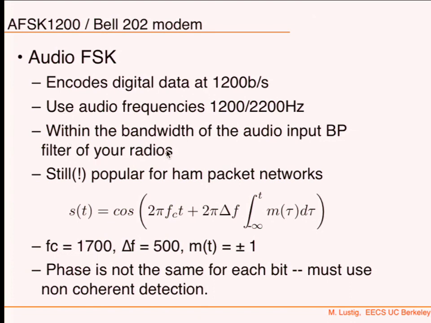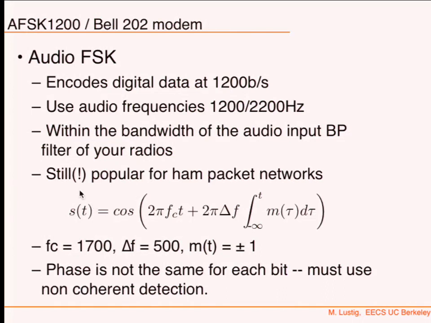So this is within the bandwidth of the input bandpass filter of your radio. It's actually still very popular, especially on the 2-meter band, because many people have FM radios. There's more, by the way, there are more digital radios you can start buying, and more repeaters are already digital, and so there the rates are much more significant, and they're more automatic. But again, things are going to be slowly hidden from you in the future.